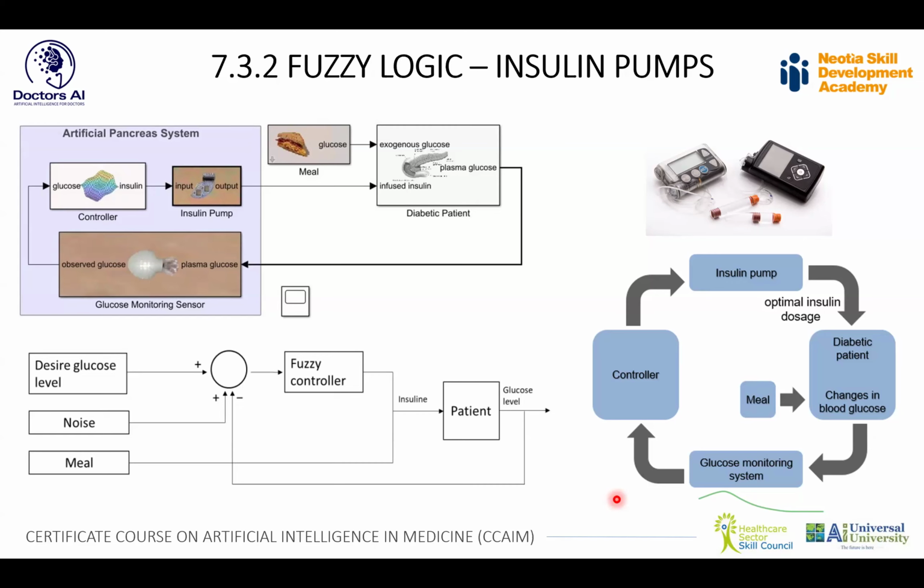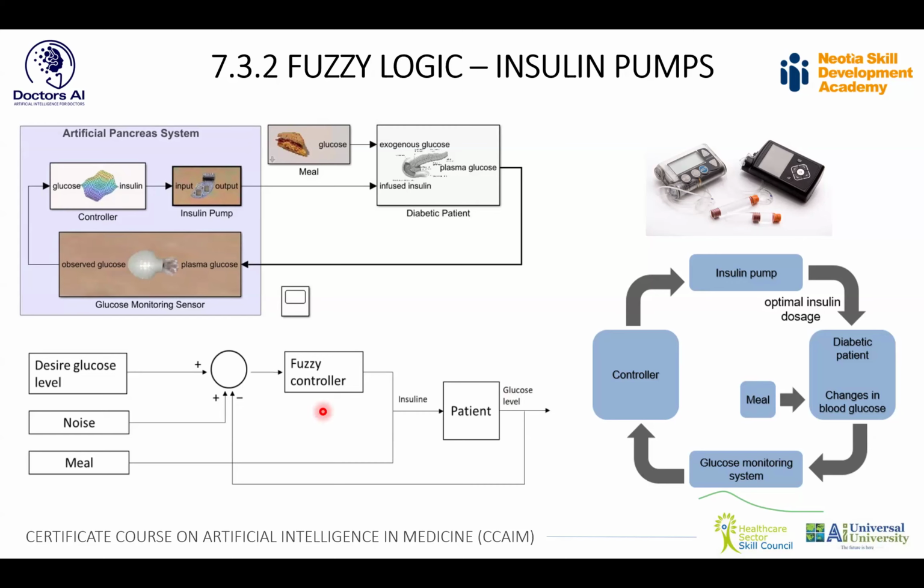And thereby, with the control theory algorithm and fuzzy logic, an insulin pump will help the individual release insulin based on the blood sugar level, which it's picking up from the continuous glucose monitor, according to its particular set of rules. As a result, it helps in stabilizing and maintaining good blood sugar control in that individual. So fuzzy logic has applications in many other systems, devices and software in the field of healthcare. The insulin pump is one of the best examples where a fuzzy logic algorithm is used.